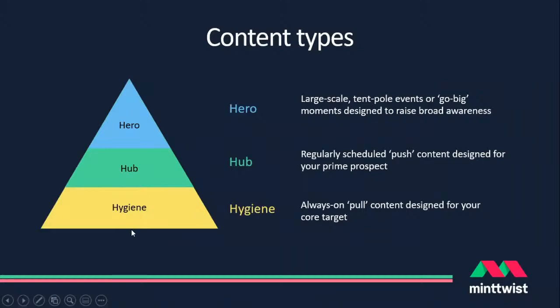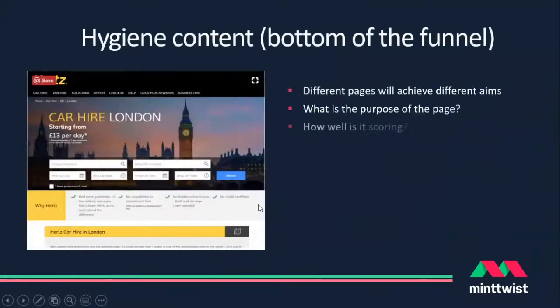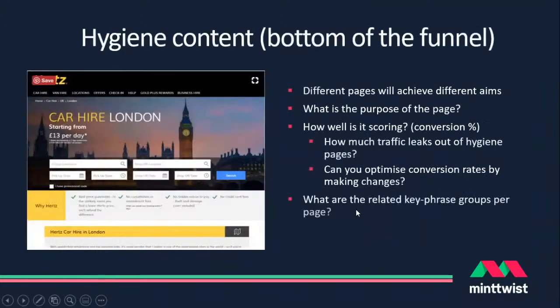Okay, so let's talk about different types of website pages then. We introduced this concept of Hero, Hub, and Hygiene, and you don't need to go over the detail. Let's talk about how it works in the context of types of web pages. So we would look at a website, and this is a car hire company, and if you see a page